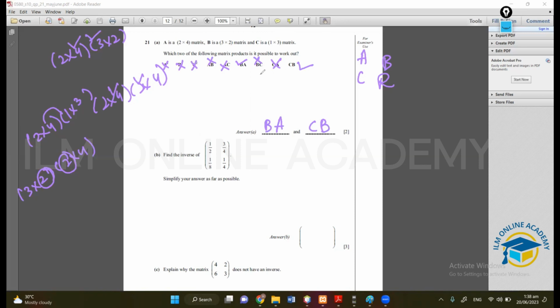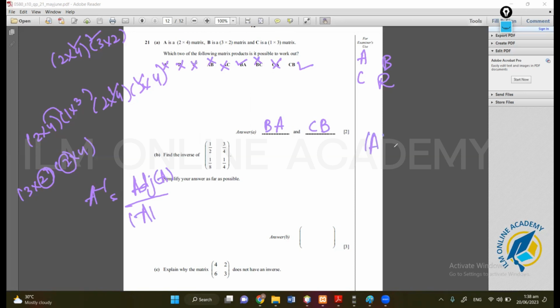Okay. Now another question is you have to find the inverse of this matrix. Okay, so the matrix inverse formula is adjoint of A over A mod. Okay, so how do we find A mod? It's basically we multiply those minus those. So 1/2 multiplied by 1/4 minus 3/4